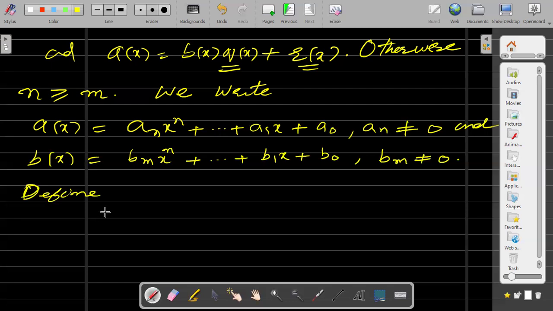Up to here the field has not been used. Now in this step we are using the field. Define this polynomial a'(x), equal to a(x) minus